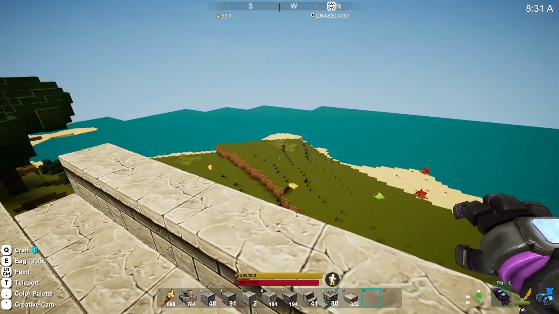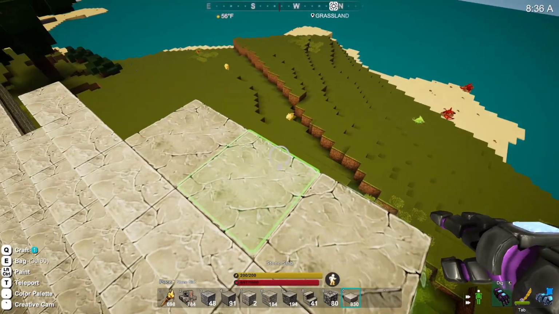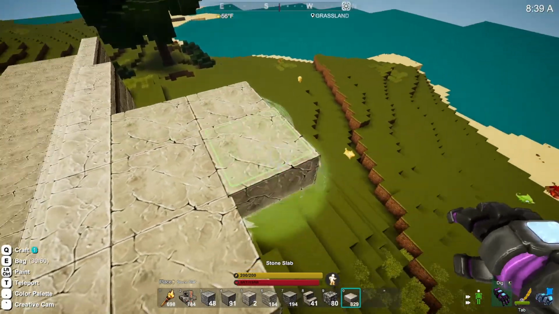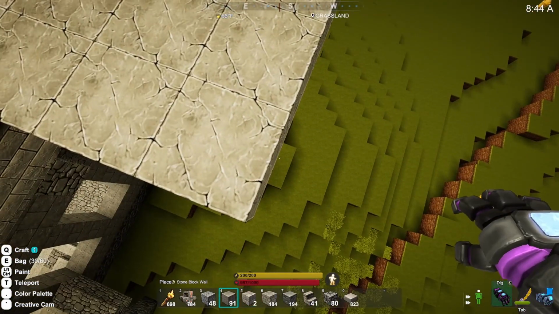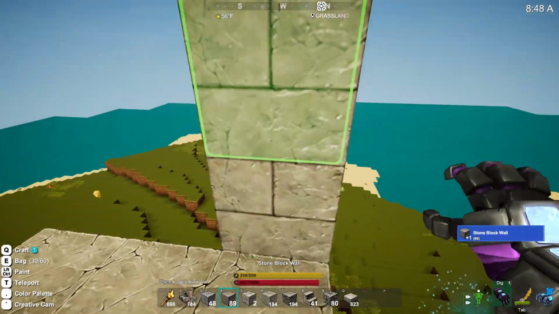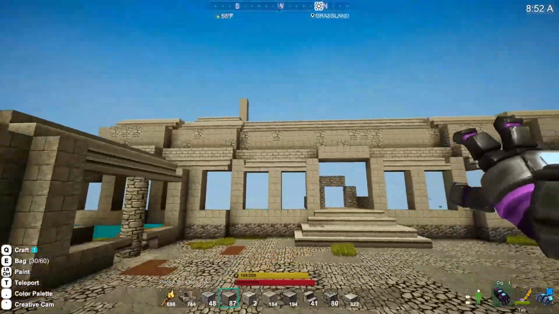What do I want to use? Stone slabs, maybe? And then I can add lighting if I really want. We'll probably vary this up. But what I was thinking is going back, like, 3 blocks. And then from here, this is where the next section of the building would sort of rise up. So let's see if that looks...